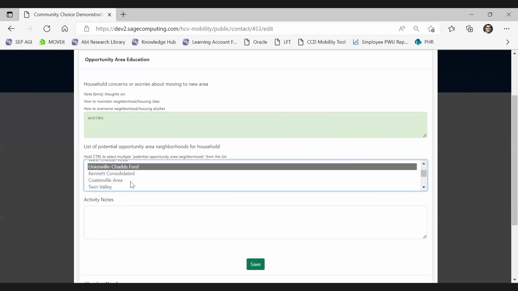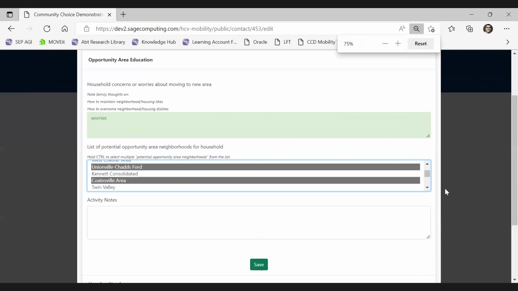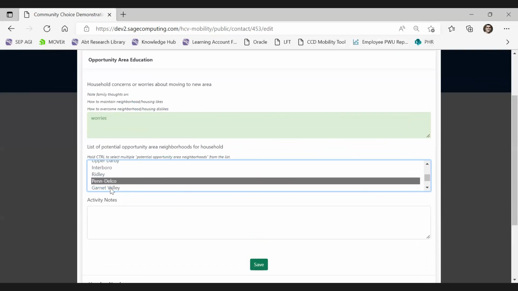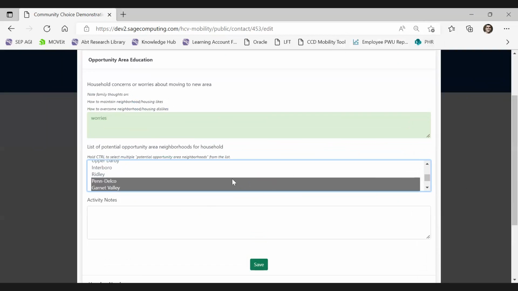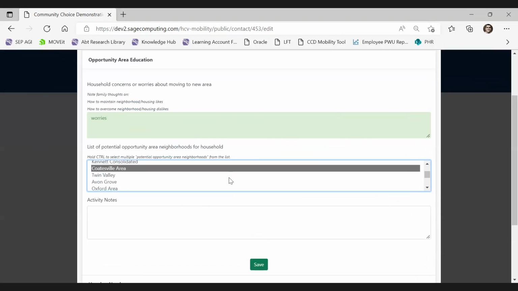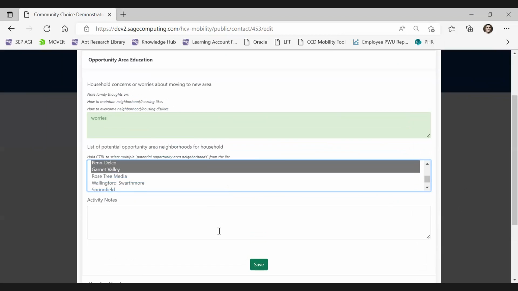If you want to select multiple neighborhoods, hold down the control button and click multiple neighborhoods. Scroll using these down and up arrows, and you can select multiple neighborhoods as just a way to indicate potential neighborhoods that the household is interested in. Any notes about the opportunity area neighborhoods in this conversation can go under this activity notes field.